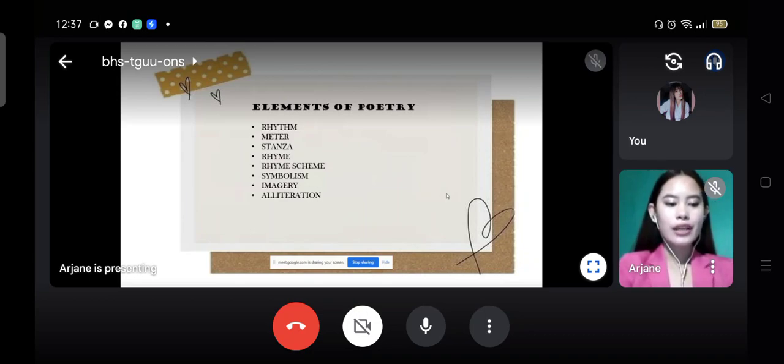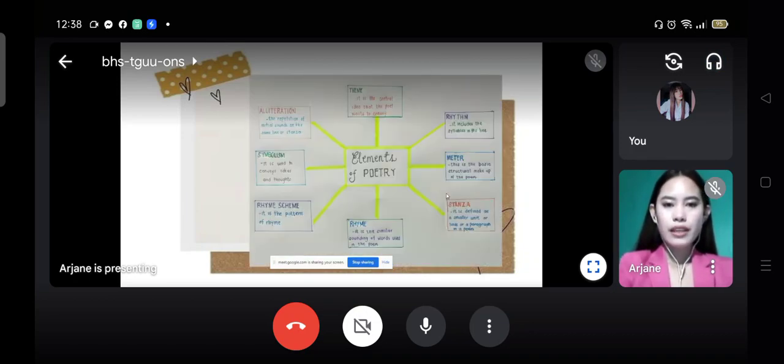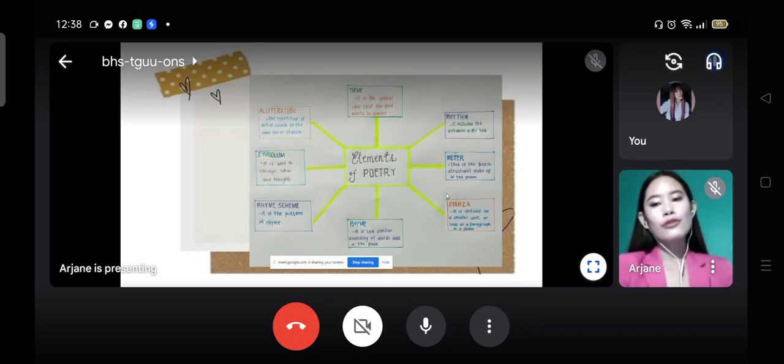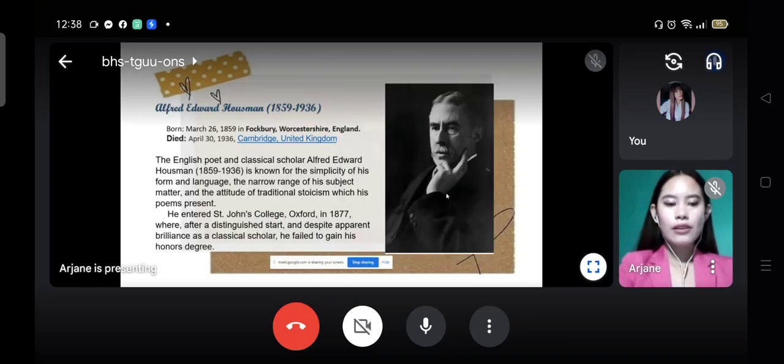First we have rhythm, meter, stanza, rhyme scheme, symbolism, imagery, and alliteration. Those are the elements of poetry and their definitions, and let's keep it at that because it was already discussed last semester. So let's move to